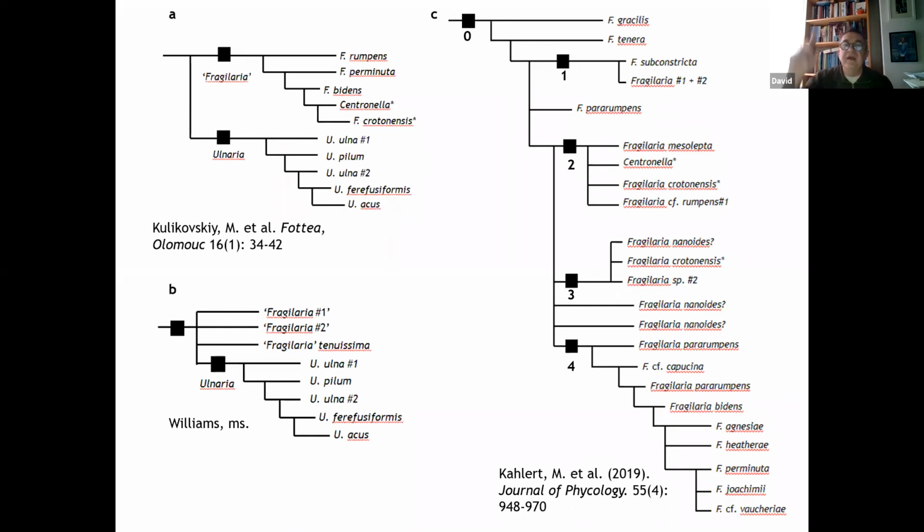This is my close here. This is the really nice tree of relationships within maybe a monophyletic Fragilaria. The top diagram here comes from Maxim's. He has a monophyletic Fragilaria related to a monophyletic Ulnaria, maybe. Here's my effort so far. I have a monophyletic Ulnaria. I can define Ulnaria, but every other Fragilaria defies any concrete example of something that will unite it together.